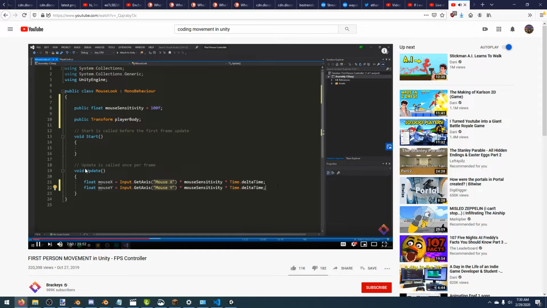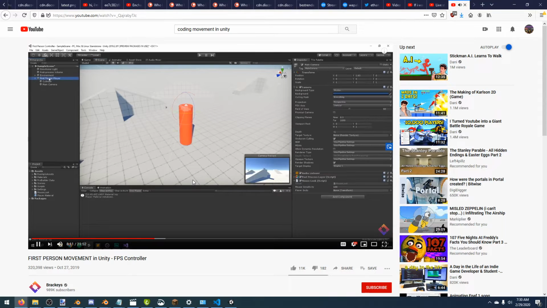Then inside of our update method, we can now access playerBody.Rotate, and here we can specify an axis that we want to rotate around. So we're going to rotate around Vector3.up, so our y-axis, and let's multiply that based on our mouse X. And if we save that and go into Unity and link up our player body, we can now look around using our mouse